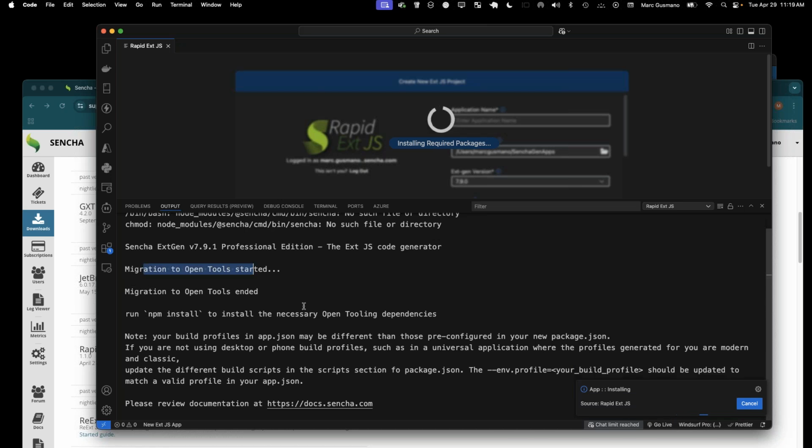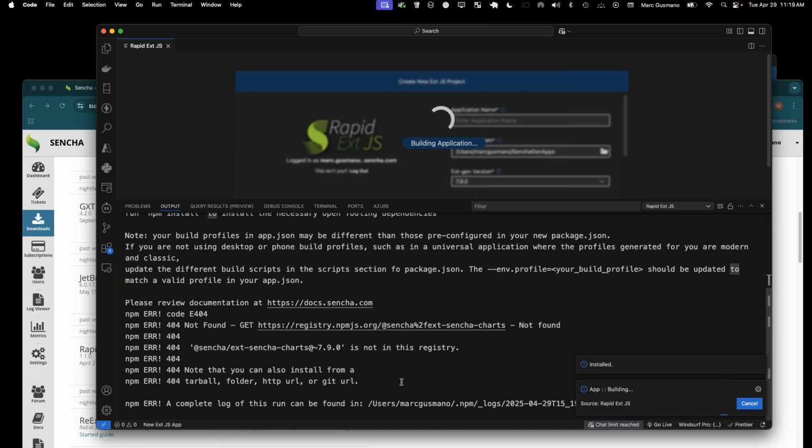So Open Tools and XGen are one and the same. We kind of generically call them Open Tools, but the specific command that you would run if you were going to do it at the command line is ext-gen or XGen. So this is running, and it's looking for certain things. There are some things that you might have to do manually. For example, here you see that it's not finding Sencha charts,